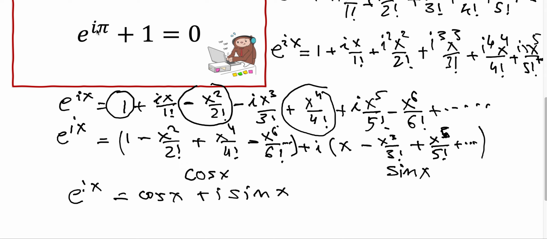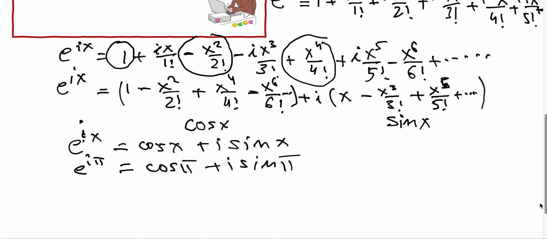And now, since we have e to the i pi, so this was e to the ix. So we can write e to the i pi can be equal to cosine pi plus i sine pi. And let me go a little bit further. Now, instead of e to the i pi, we can substitute into this equation this expression, cosine pi plus i sine pi